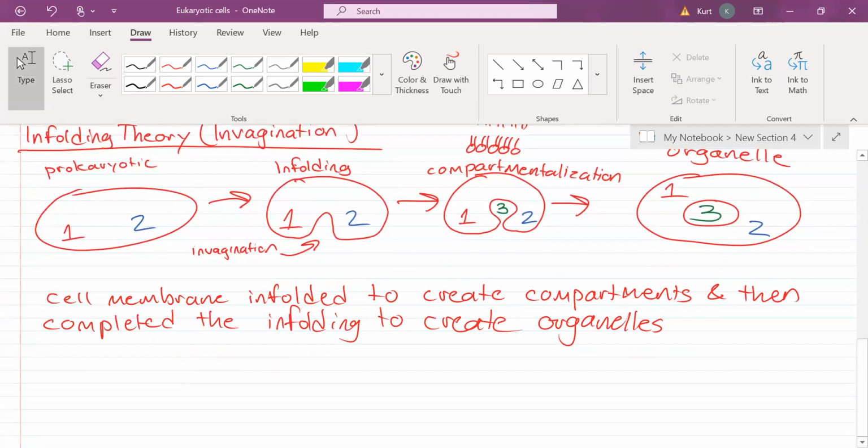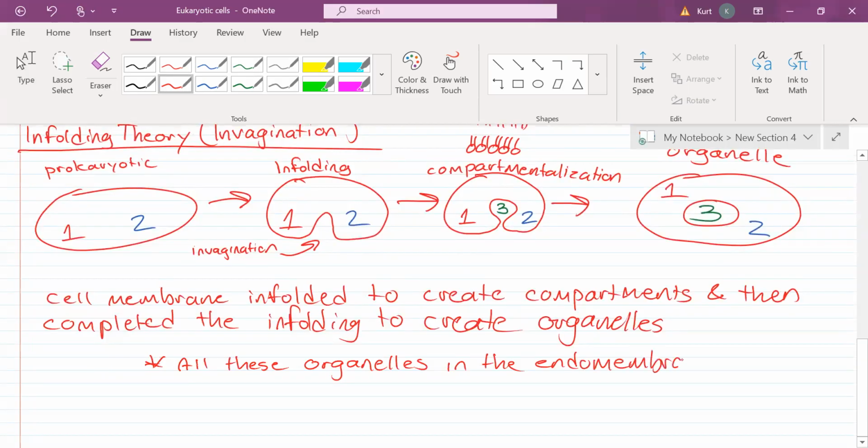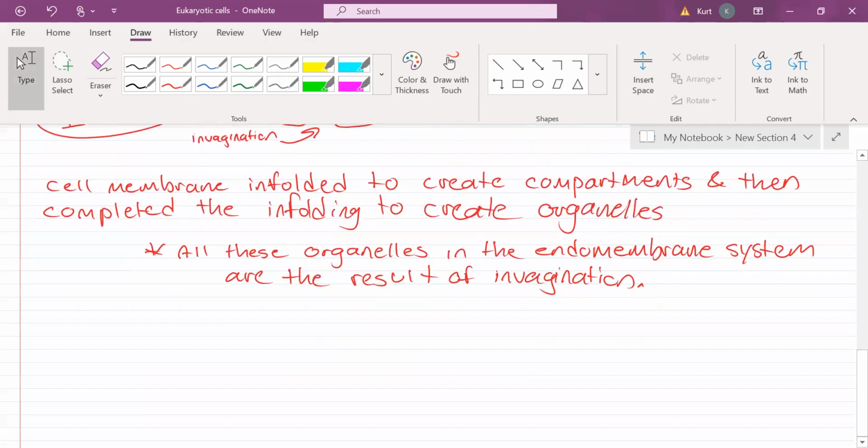Okay? Now, a few things to consider. All these organelles, all the ones I listed up above, all the organelles in the endomembrane system are the result of invagination. And invagination is just basically a fold pushing into the cell to form a new little pocket. And we call those pockets little organelles. All right? Now, for the second idea,